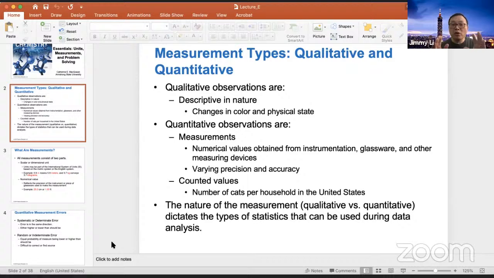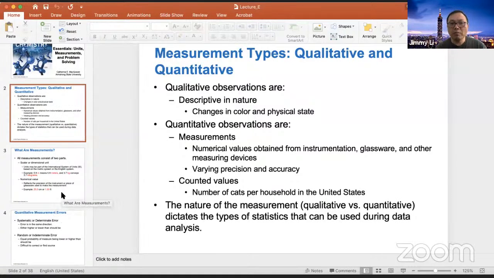Precision is comparing the data among themselves to see how far they are from each other. That's something we call precision. Accuracy is where we compare the data point to the true value. That's called accuracy. Okay, so